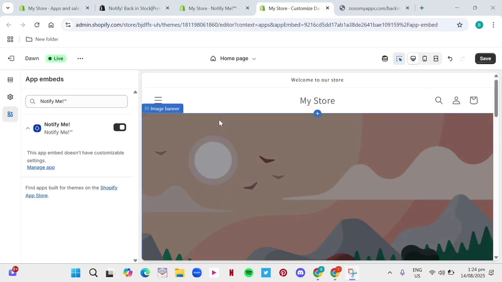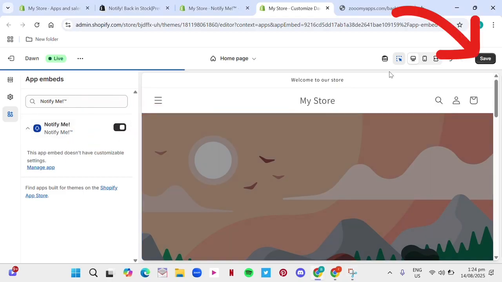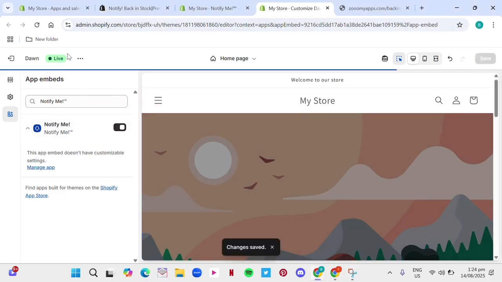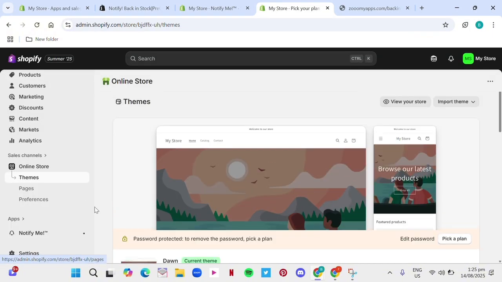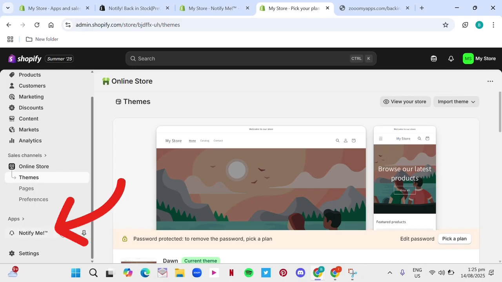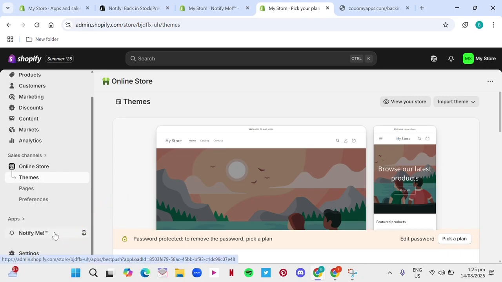Now it will direct you to app embeds to enable notify me. Click on notify me, then click save. After that, go to exit. Now once you're in the dashboard area, click on the Apps section, Notify Me, on the left side of the